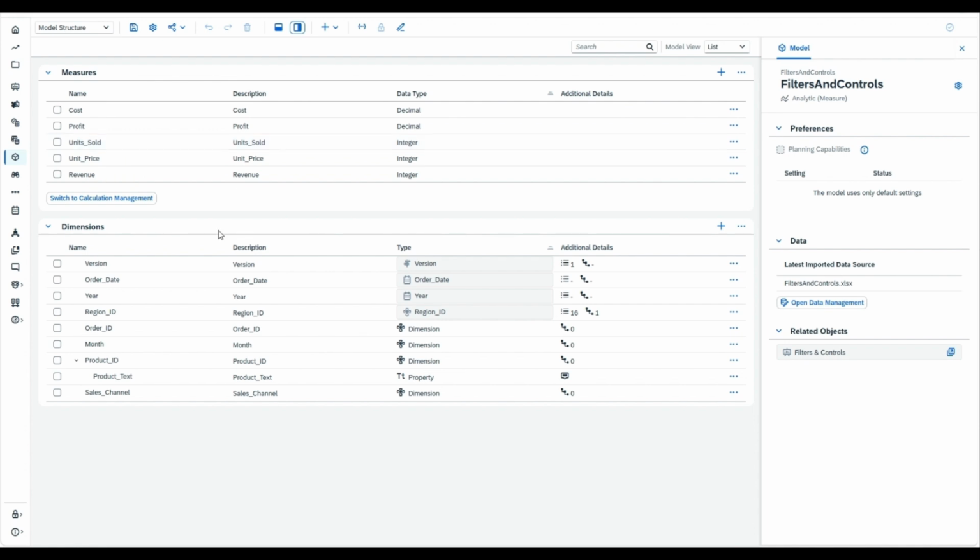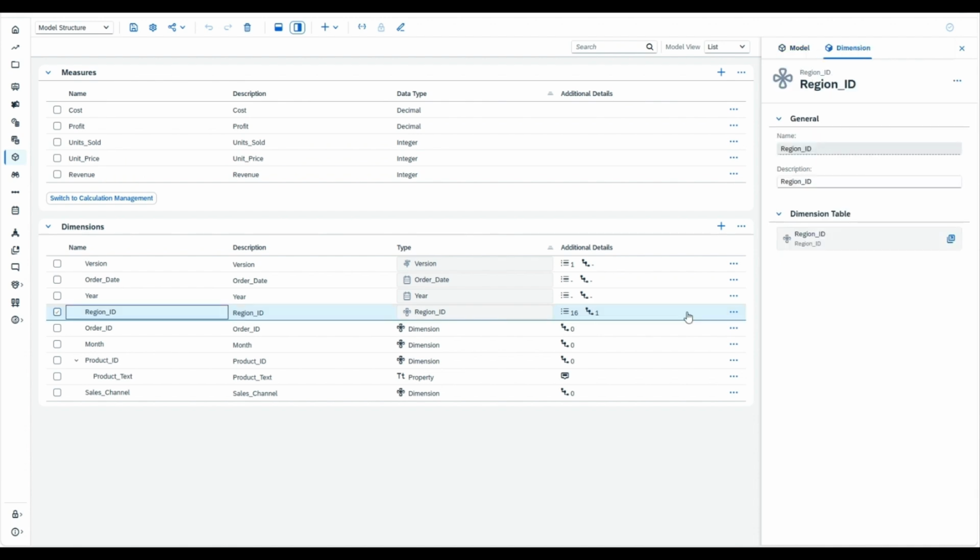And then I have some commonly used dimensions like the order date, the order ID, and the year, or the respective order date. Then we have the region. Region I have just maintained as a dimension table. So here you can see if I click on it, it has a dimension table because I wanted one